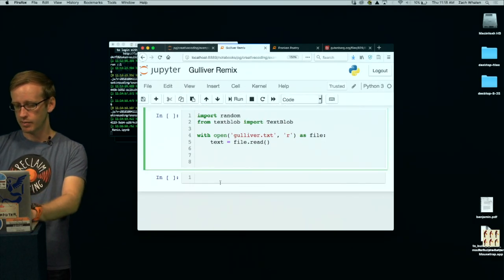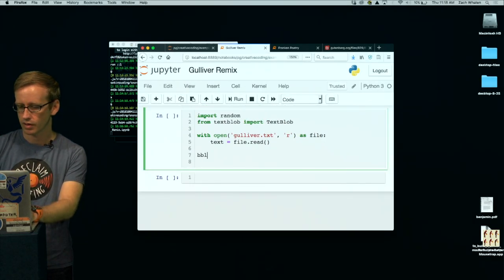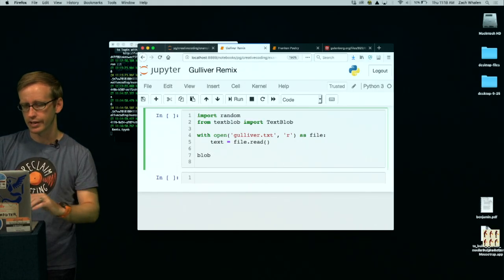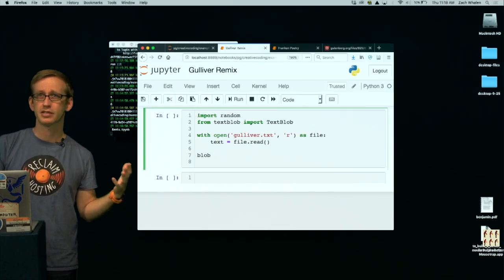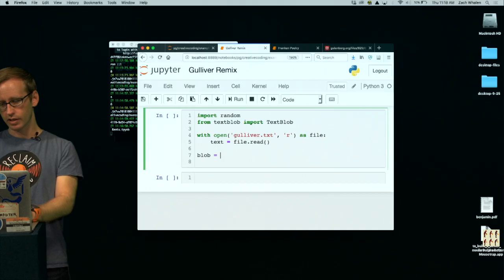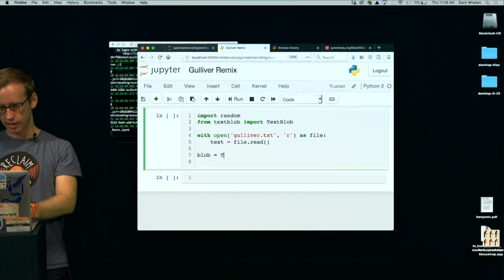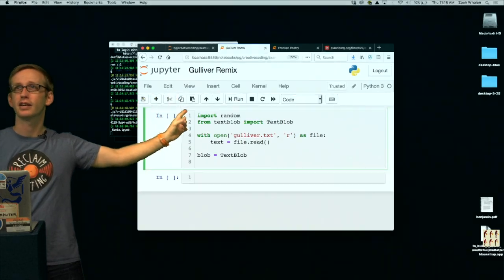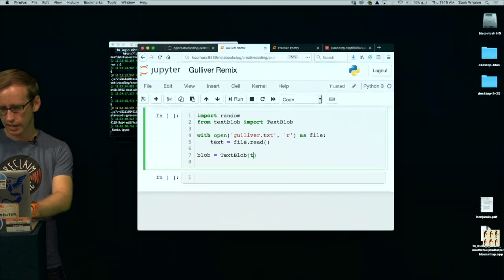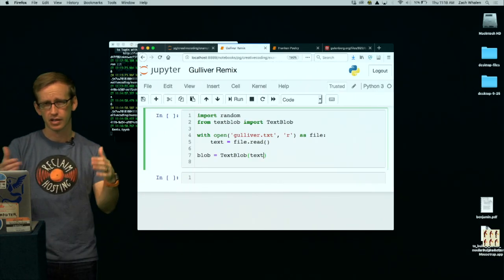I need TextBlob to turn this into something I can work with. I'm going to call it blob, but you can call it whatever you want. Naming it blob reminds me that this is a special kind of data called a TextBlob. So blob equals TextBlob, invoking the function that I imported from up here, and I'm going to feed it the variable text, that whole thing that I just printed out.